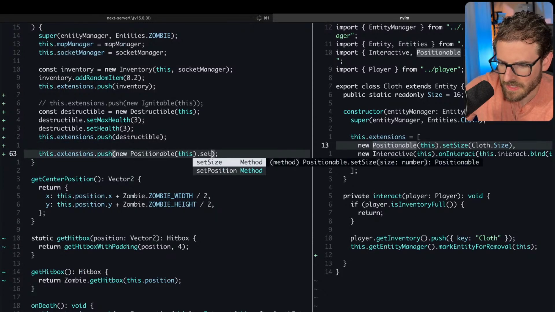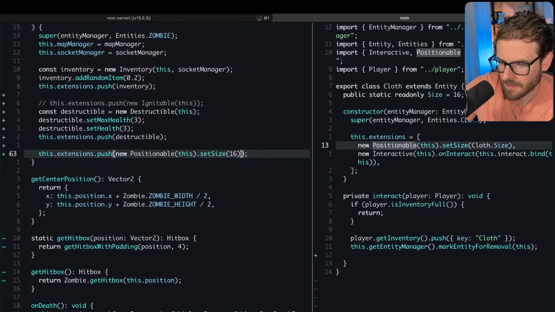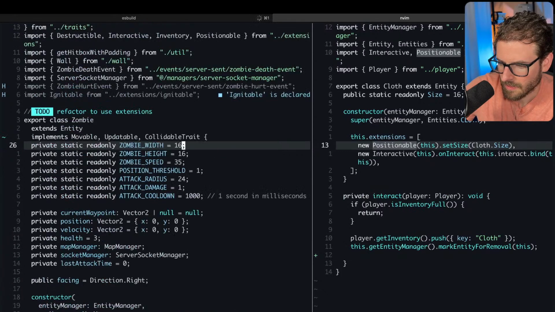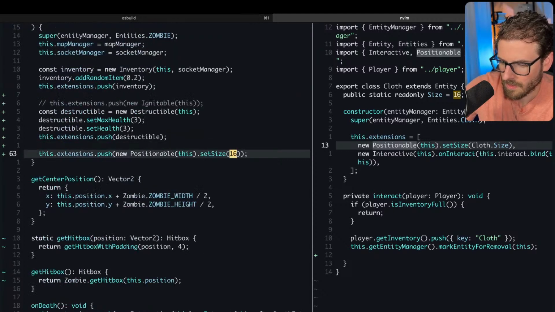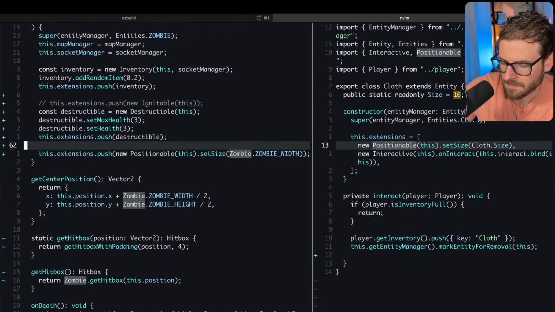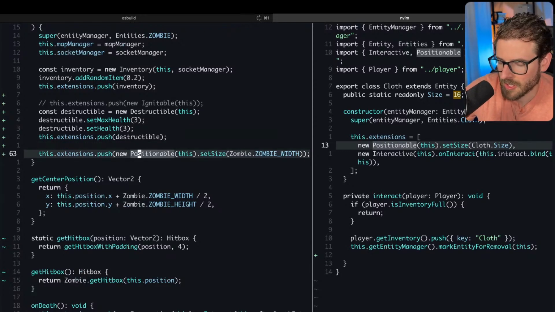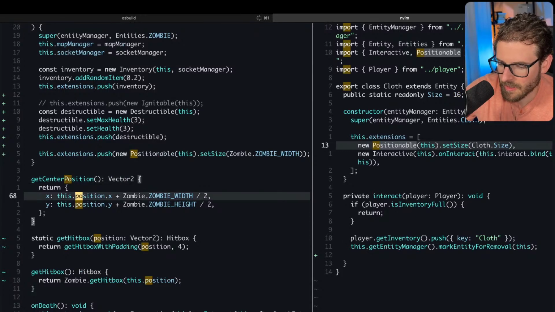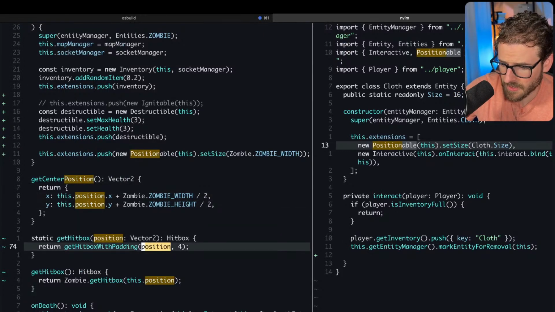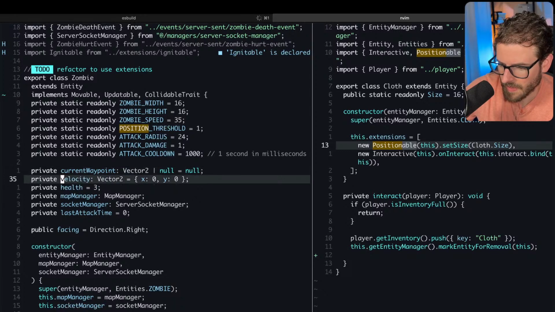Looks like we also say set size, and we could say 16. Just hard code it for now. Zombie width. All right. So instead of getting the position here, I think the position would actually go away. That goes away.